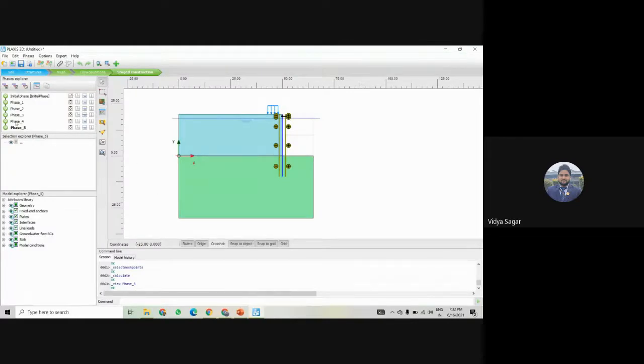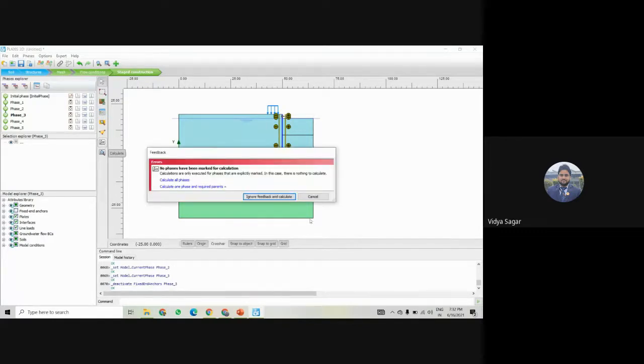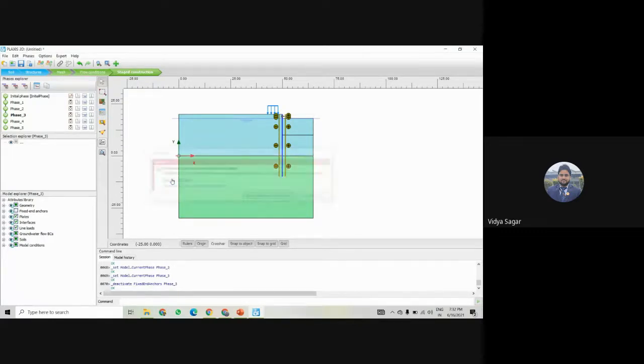So where we have activated the strut, I think at phase 3, if I remove it from here and then calculate, calculate all phases.